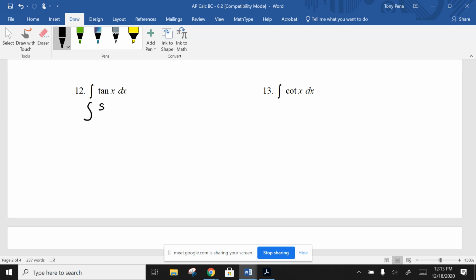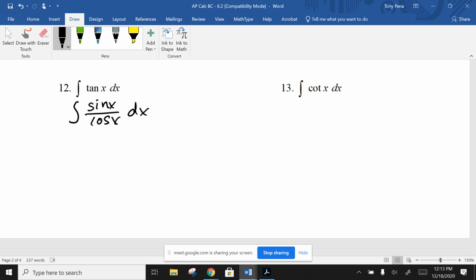You're going to rewrite this as a sine over a cosine. And then now that we've created a fraction, that's why it falls underneath the u substitution section. So when we go to pick our u, this one you want to be a little bit careful of, and if we had a little more time, because I want to make sure we get done with this, most people pick sine of x. So don't pick sine of x, just kind of pay attention as to why this doesn't